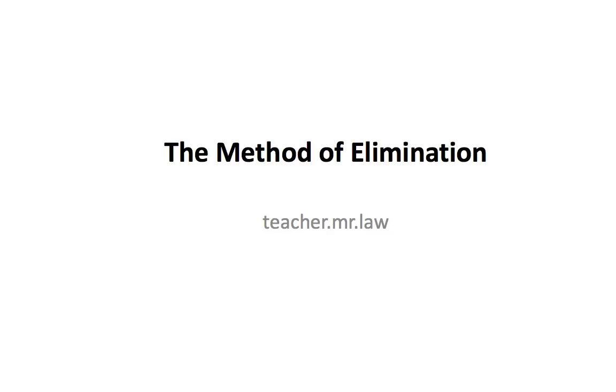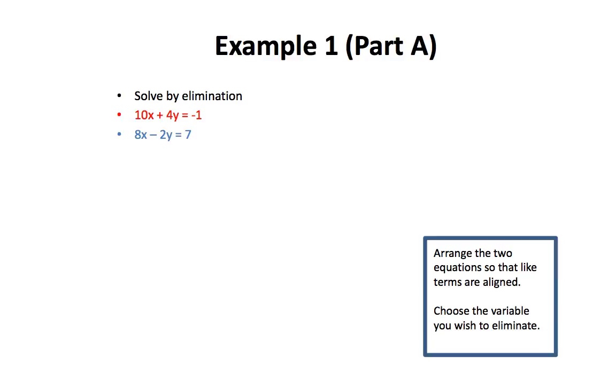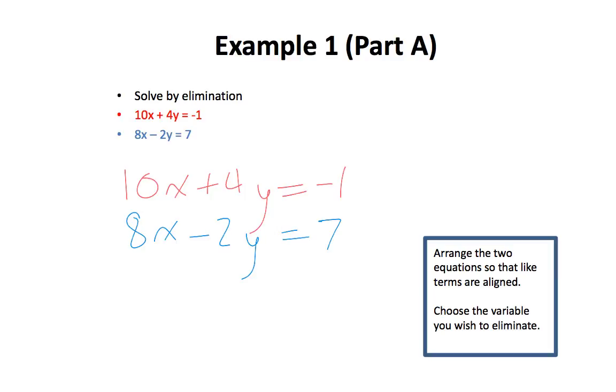In today's lesson, we'll be learning about the method of elimination. In our first example, we want to solve the linear system by elimination. We want to arrange the two equations so that like terms are aligned. We have 10x plus 4y equals -1, and we also have 8x minus 2y is equal to 7. As you can see, like terms are already aligned. 10x and 8x are like terms, positive 4y and negative 2y are like terms, and -1 and positive 7 are